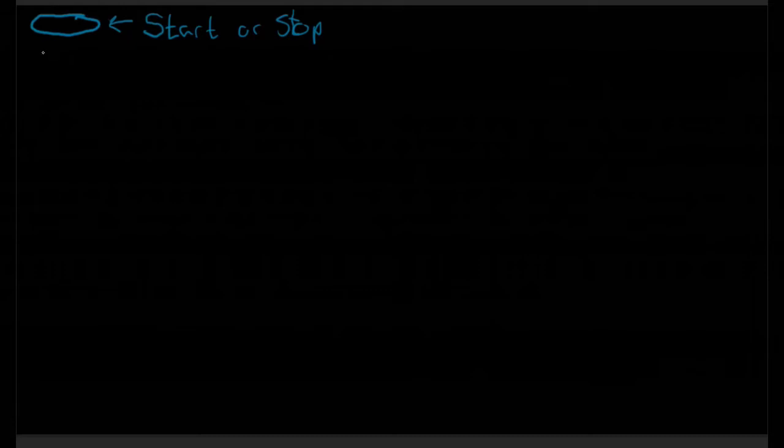After that, we have one that kind of looks like this. Sorry about how straight everything is. And what's this one? This is your I/O, your input and output. So when you're getting things from the user or outputting to the user, usually you'll put them in this type of thing. All right, the next one is